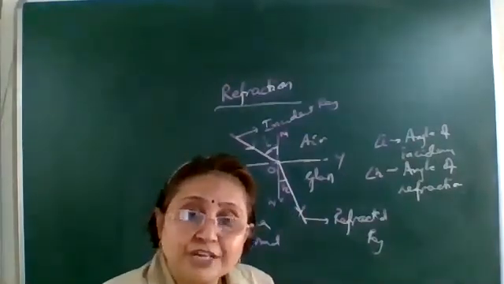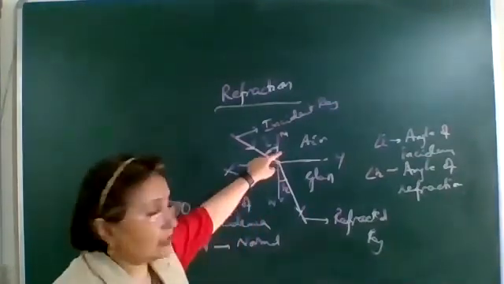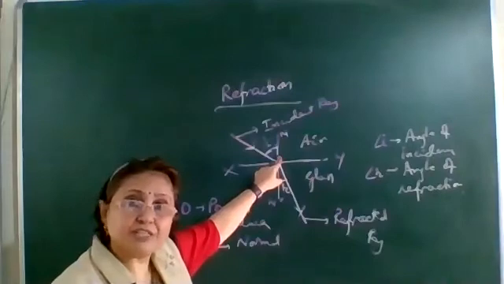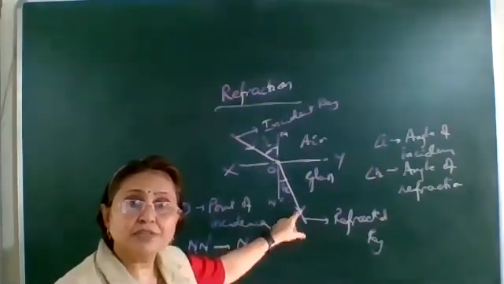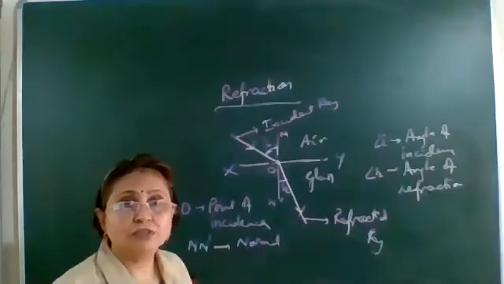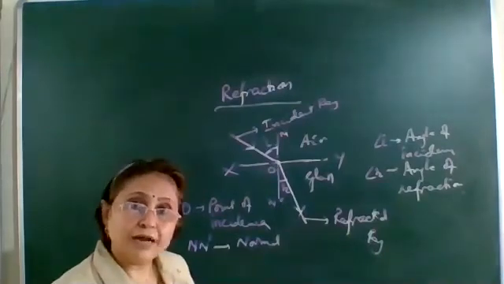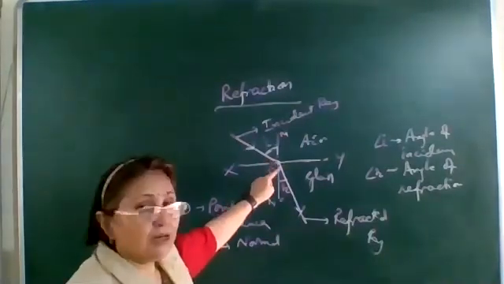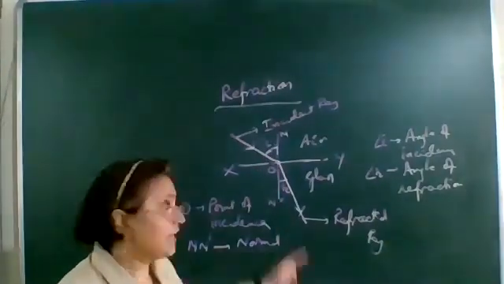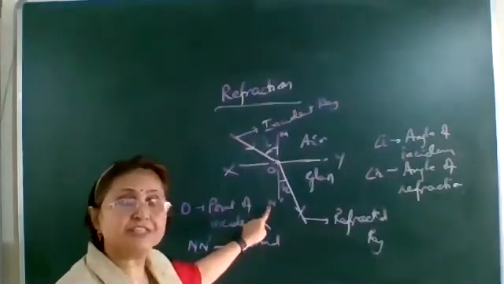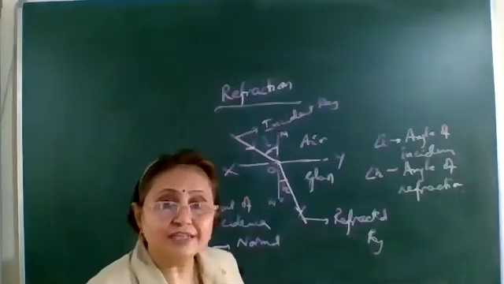Now let's see why the refraction occurs. Because the speed of light is different in different media. Like in air, it is traveling faster. As soon as it enters the other medium, glass, its speed becomes slower. So that is why it bends at the interface. Why does it bend? Because the speed of light is different in different media. In air it is faster, in glass it becomes slower. So due to this reason, it bends at the interface.